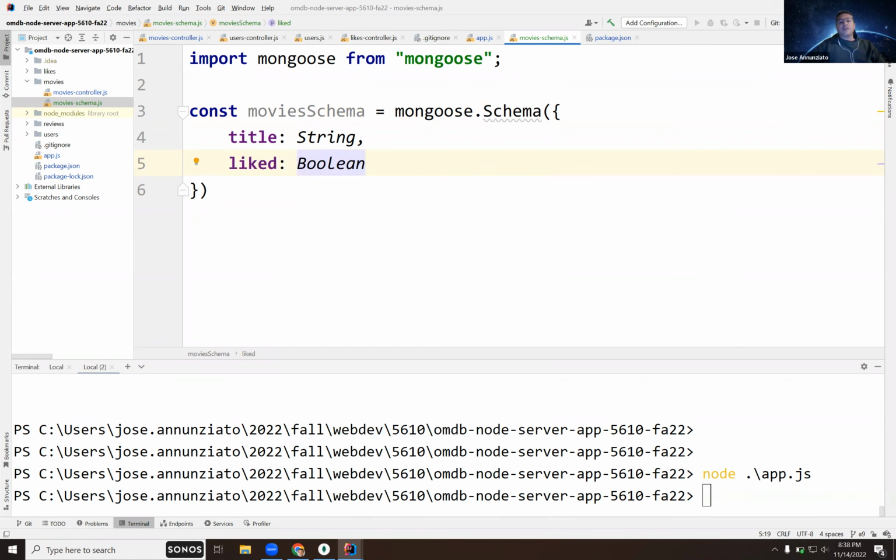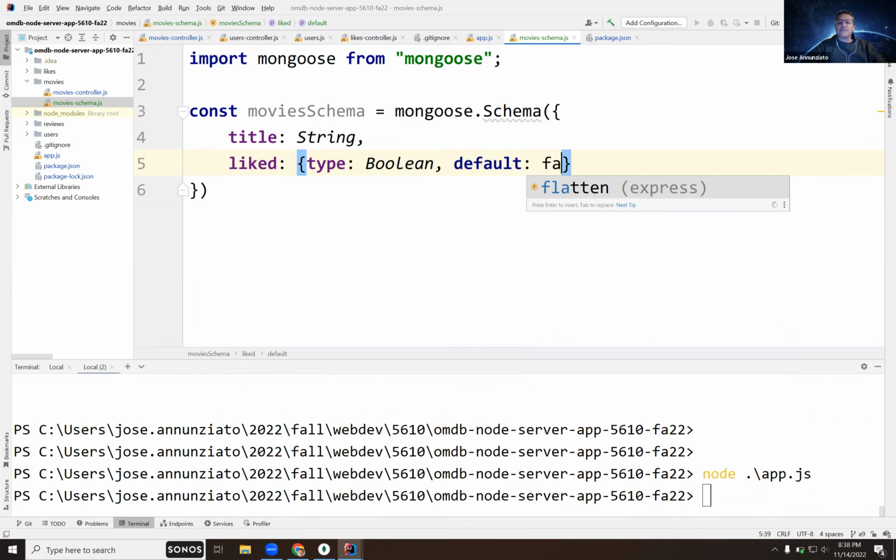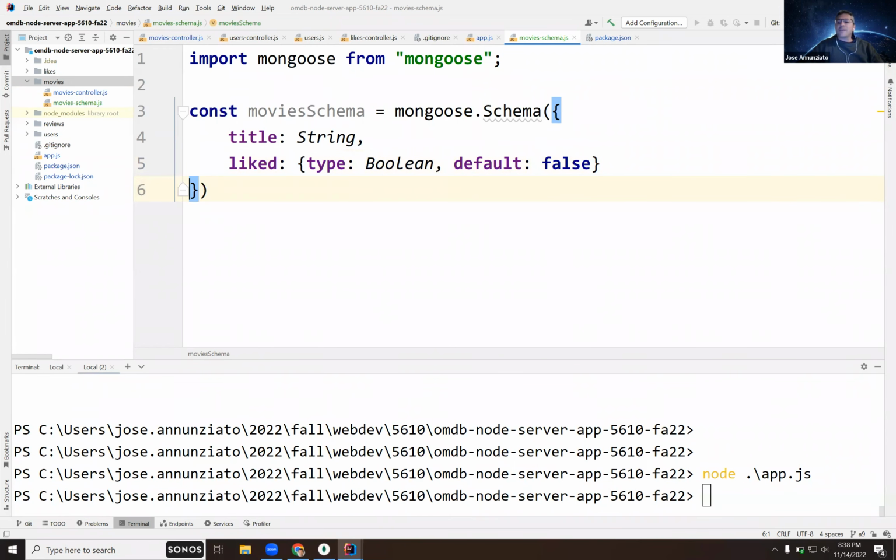Now here you can give it the data type, or you can do it this way. Either way is fine. So we say like Boolean. Now, if you just give it the data type, again, it's totally fine. But if you use the object notation like here, you can specify other things. So for instance, you can say that the default value is false. Right, you can say that. You can say things such as